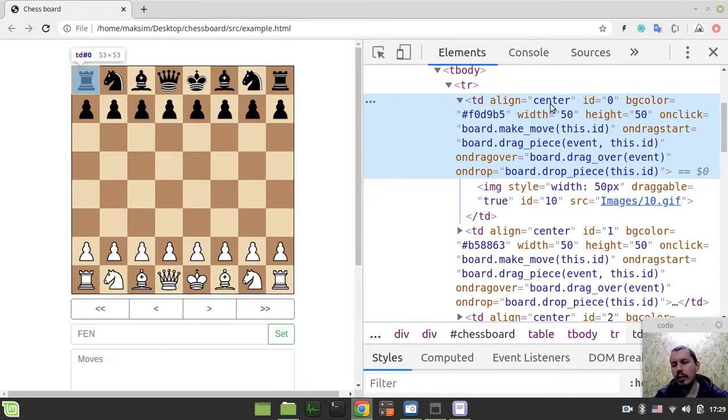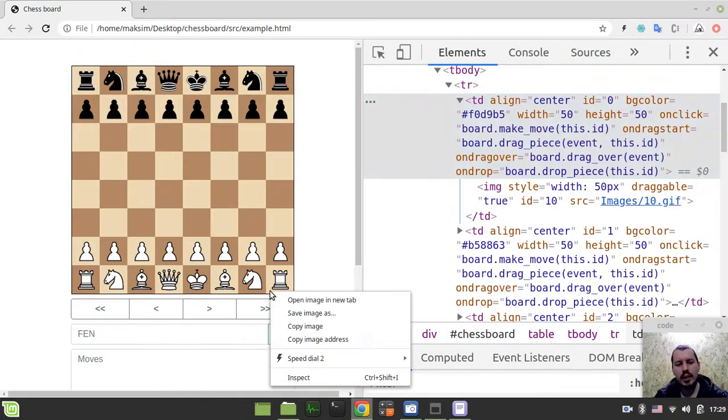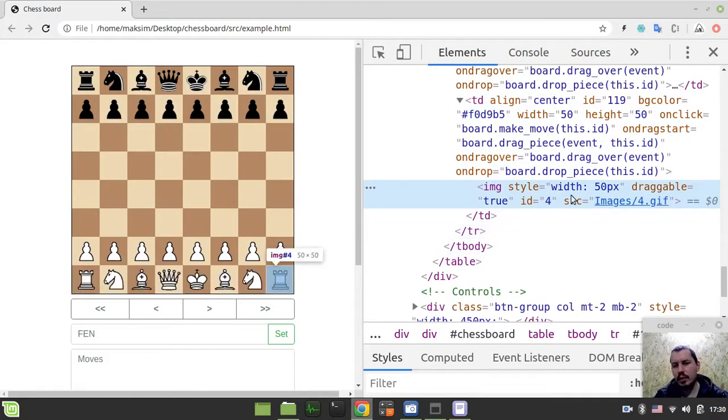It's a bit different story, probably it's not even used, I don't remember now. But anyway, the TD, which stands for table data, is the square, and it has the ID of 0. And this one would have the ID of 119, because this is the code of the square